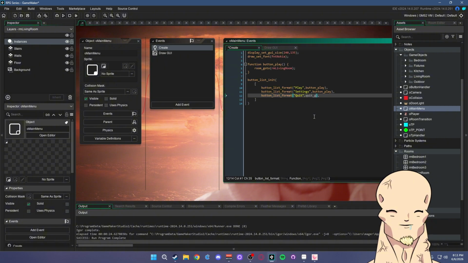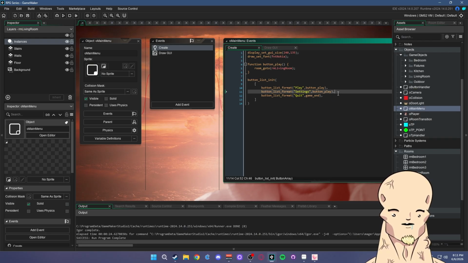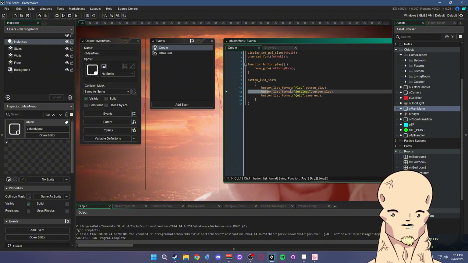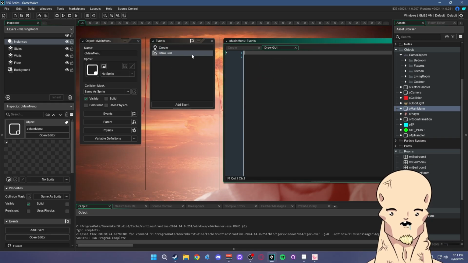And this one we will do quit, or game end, which is a built-in function. Just make sure you do not do the parentheses or else it will crash. Well, actually it won't even run, because when you run the game it'll instantly close. So now that we have those formatted in the list, now we can go into Draw GUI and say